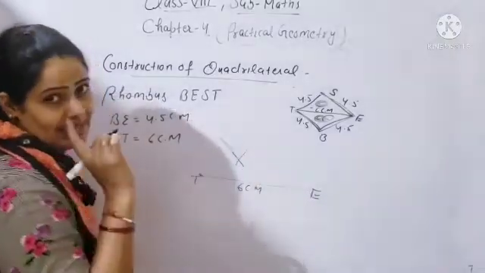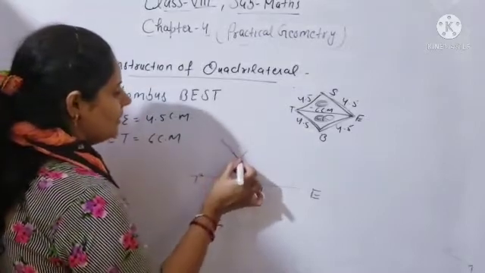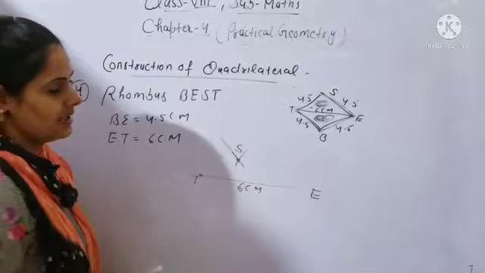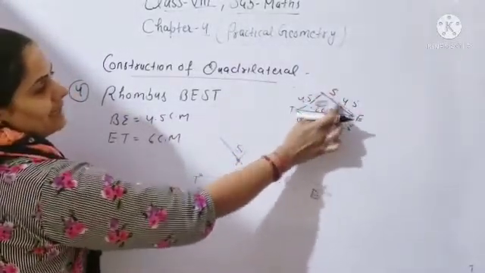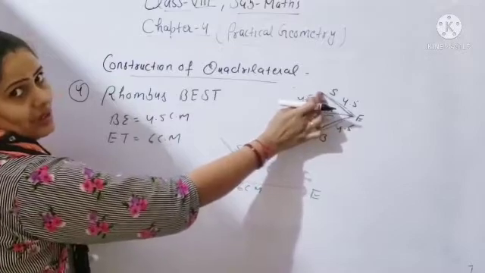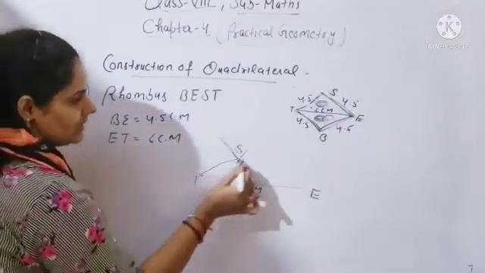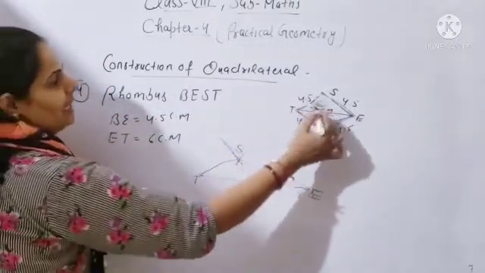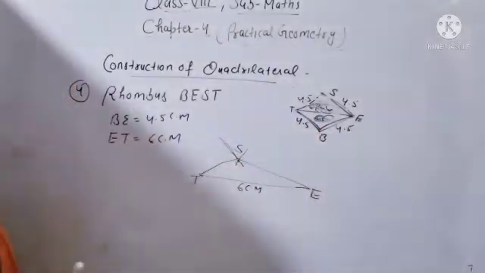These two arcs will meet at one common point, and this intersecting point is S. So you will give the name, this is S. Clear? Because you are drawing this one triangle, and in this triangle the two line segments meet at the intersecting point S. Okay, beta. So now you will join the line segments TS and SE. Clear? Upward part, this one triangle complete. Now you have to draw the downwards triangle also, beta.